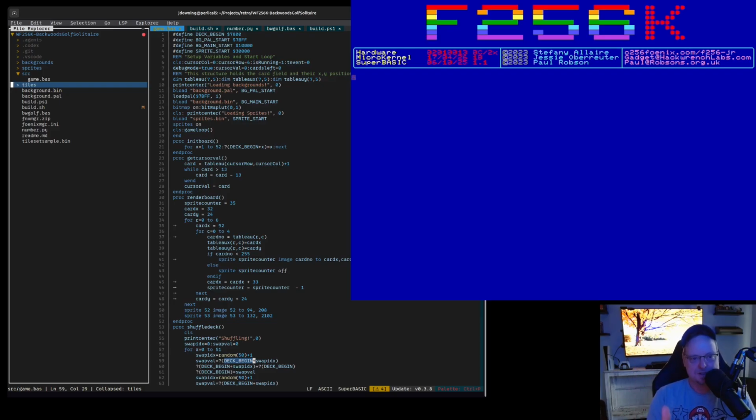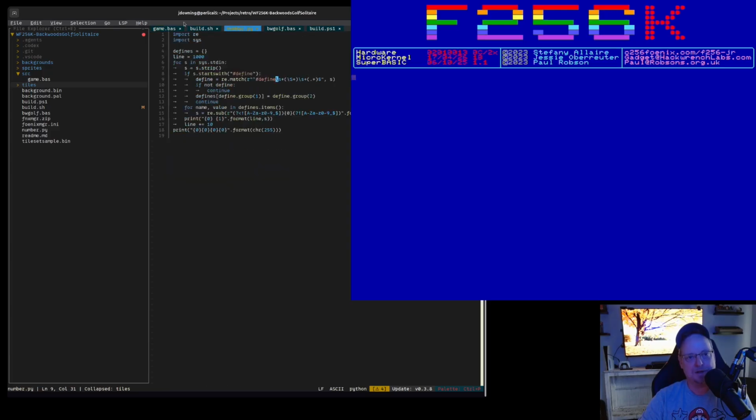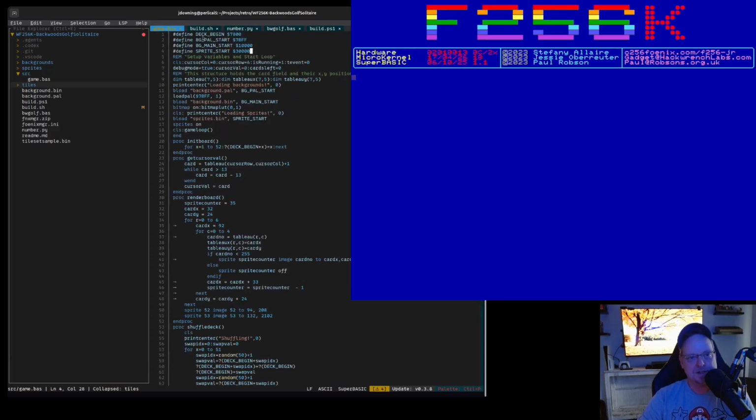You're going to see a super basic file in here. It may look a little foreign to you because it's going to have these defines at the top. All these are preprocessors that I put into the number.py script so that I can just inject these values into the actual code before it goes out. I think I can show that to you. So let's look at,